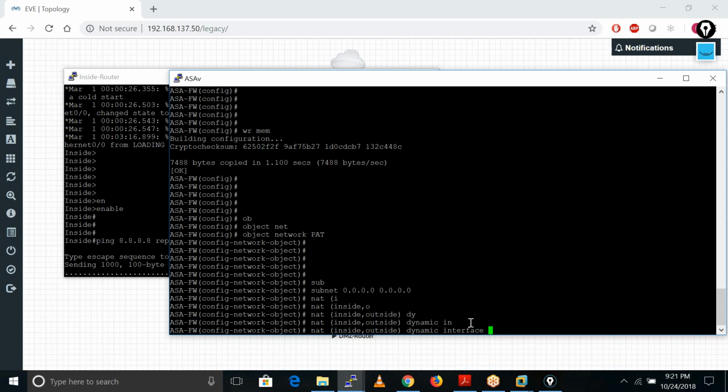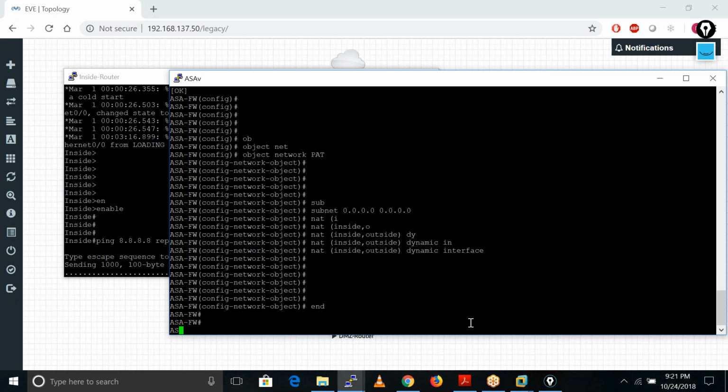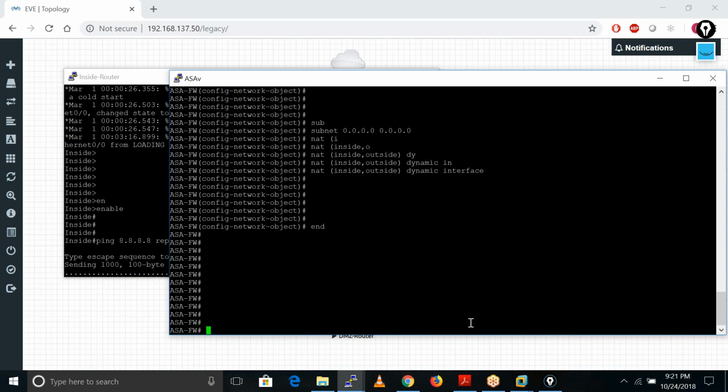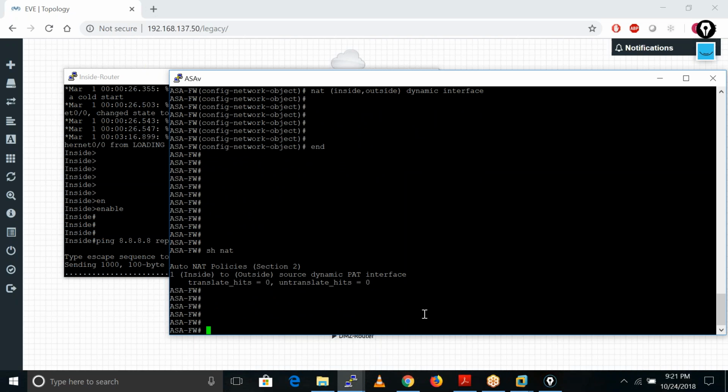What is the IP address of my interface? 192.168.1.250. That is the IP address of my outside interface, right? So I have just run this command. So NAT, we can also check. This is the NAT from inside to outside. Source is dynamic, PAT is this one.